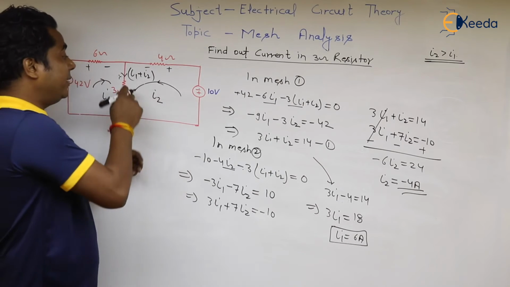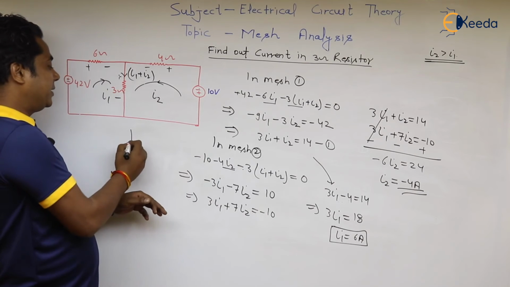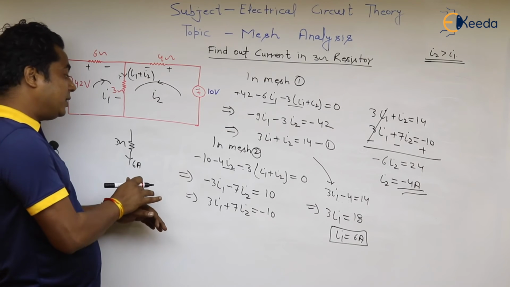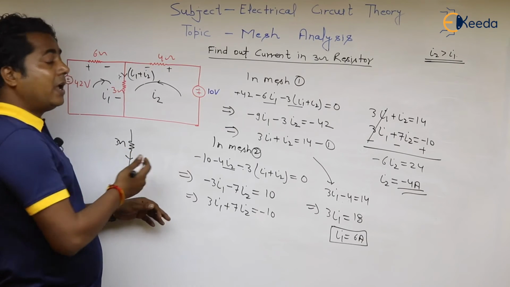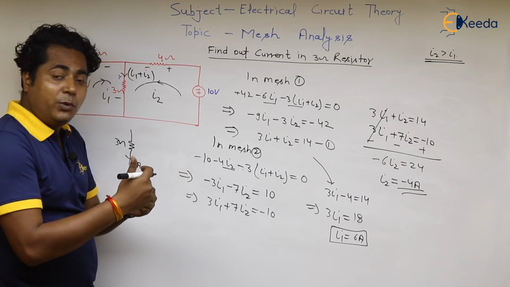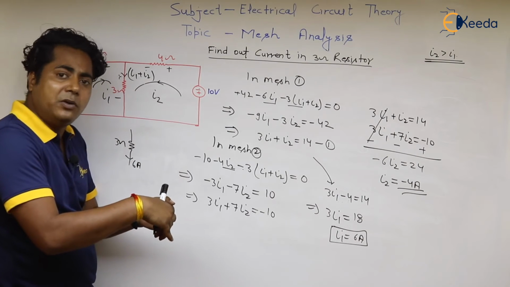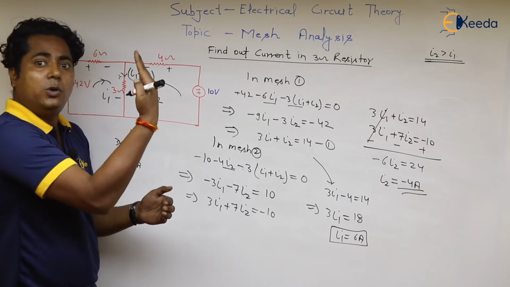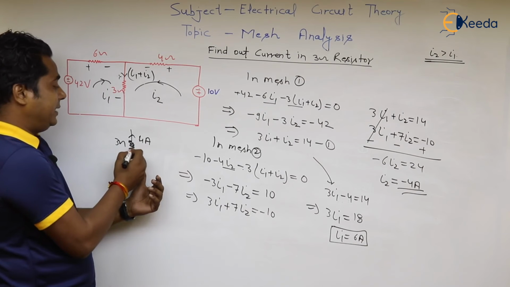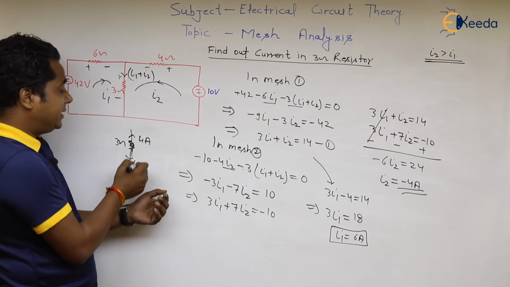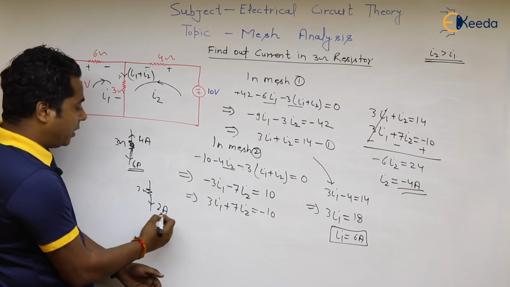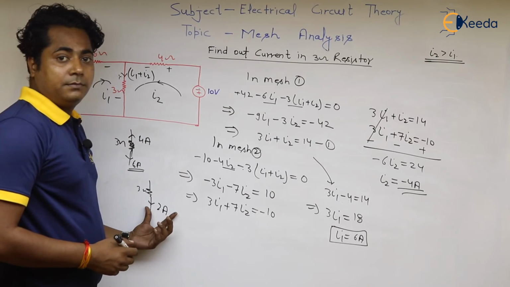So we have to calculate the current in the 3 ohm resistor. We calculated I1 is 6 ampere downwards. Let us assume we have this 3 ohm. I1 is 6 ampere downward, and I2 we also consider downwards, but it is coming to be minus 4. What does it mean? It means minus 4 is flowing downward. If you are talking about the positive sense, then 4 ampere is flowing upward. Then the current in the 3 ohm is 6 minus 4, and 6 is dominant, so 2 ampere downwards. So it is the solution.